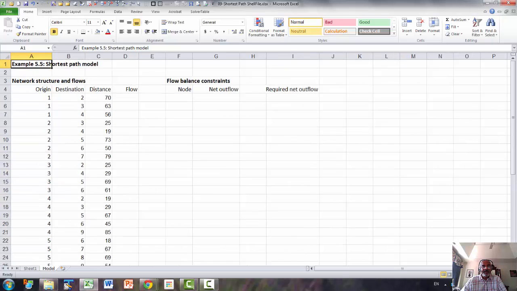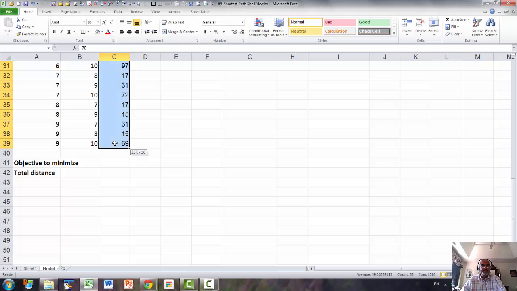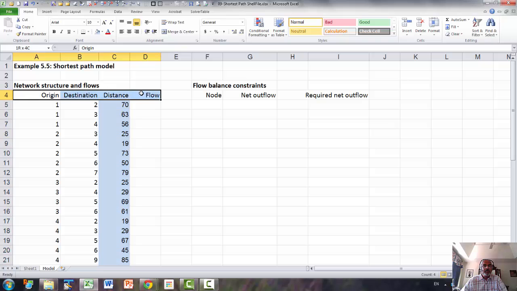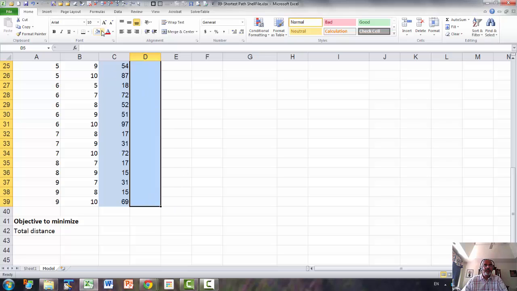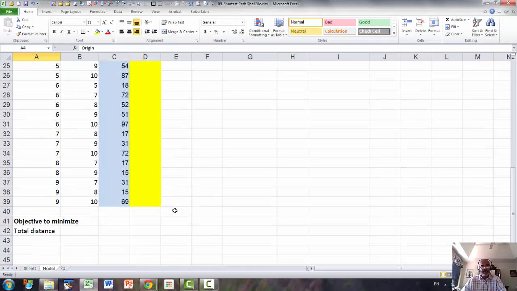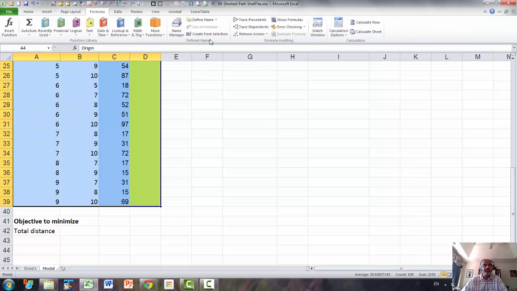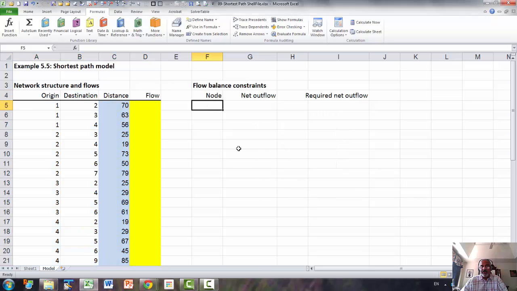So the distance here is input, and flow is what we want. Let's give names here. We have nodes going from 1 to 10, so we have 1, 2,